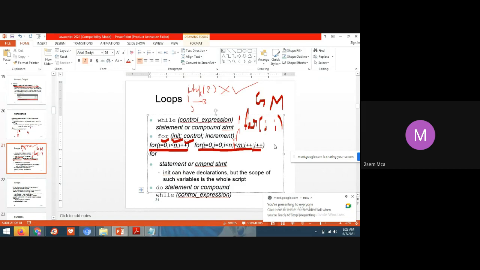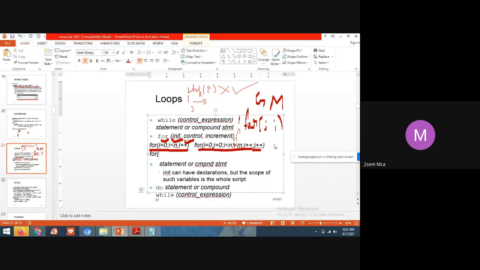According to the syntax, in the for loop we should have only 2 semicolons. So if you want to initialize more than one value, or write more than one condition, you can write with the help of a comma operator. That is the advantage of the comma operator.